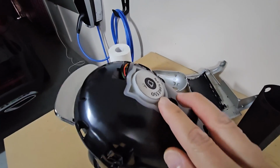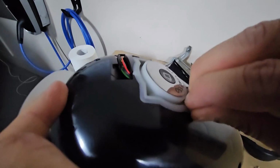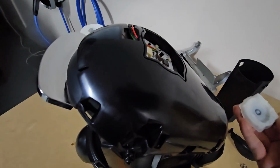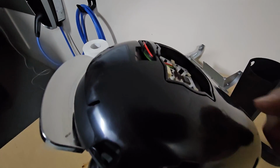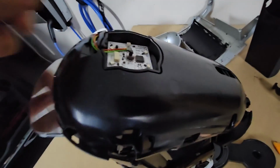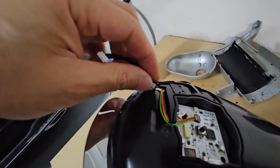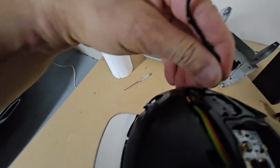Okay, next we'll take this piece out. We should be able to just pull it out. So peel this out. Put it aside, and we'll remove this ribbon cable here. Okay, so I've pulled this cable out, and I just took it around, make sure it's loose so that we can remove